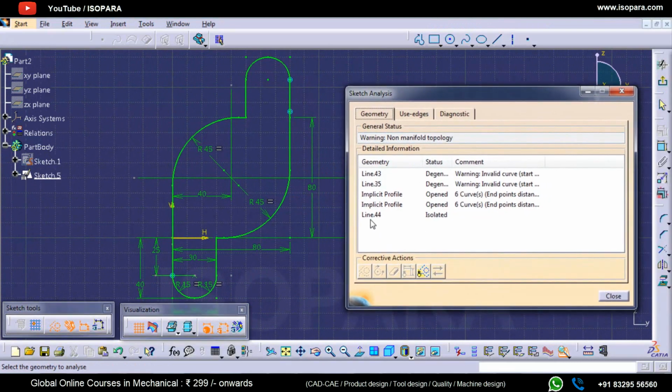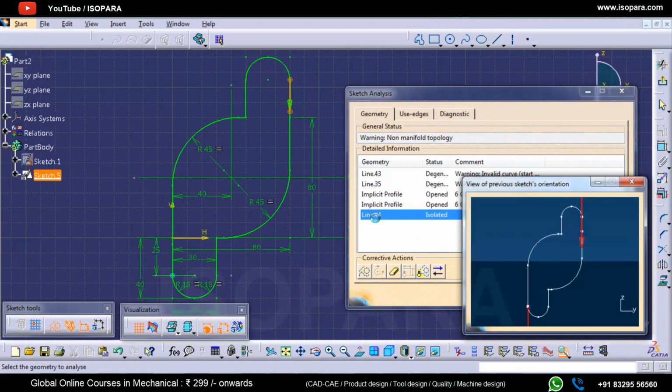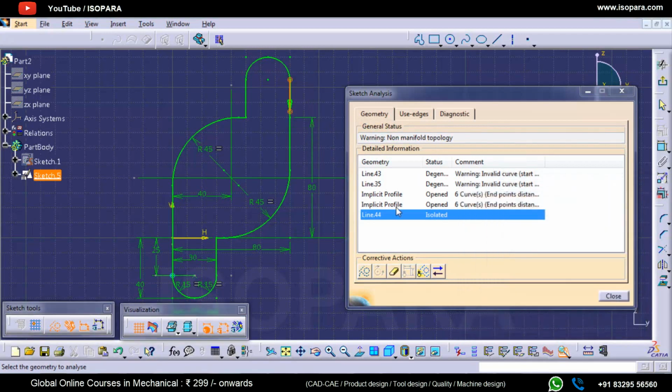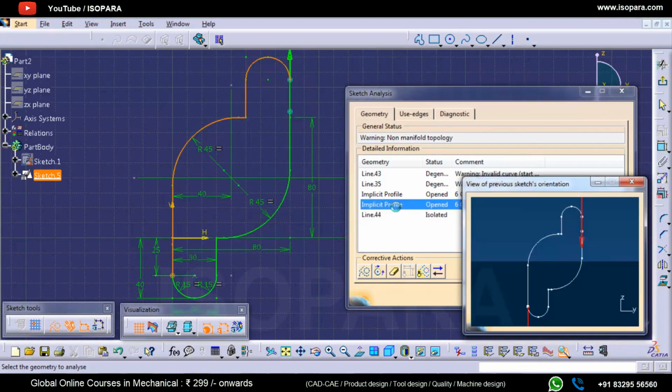Now I will start from the bottom one. If I select this line, it is showing me that there is one line and it is highlighting at this location as well. So this is one issue, why this line is there. Now I can further inspect the elements, like this is an implicit profile which is an open one.